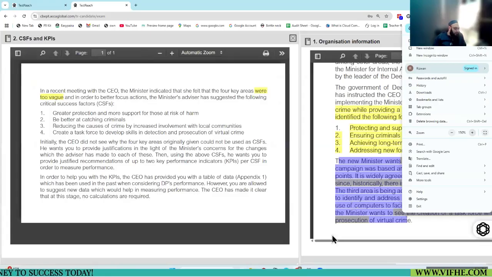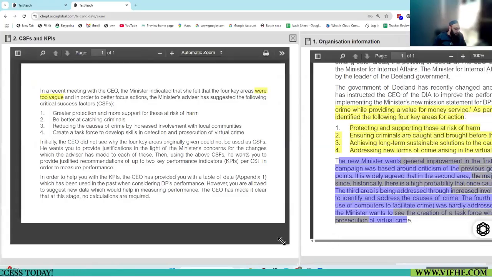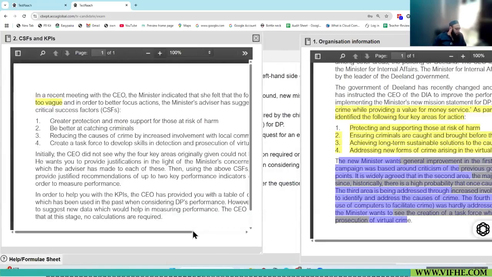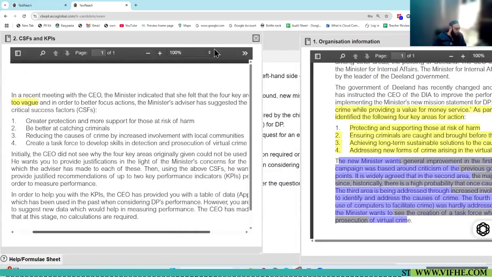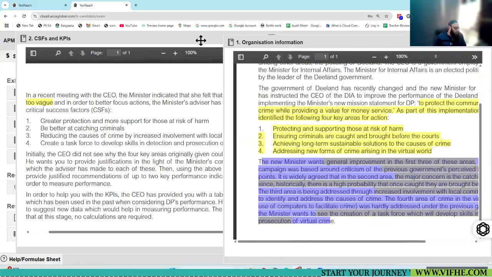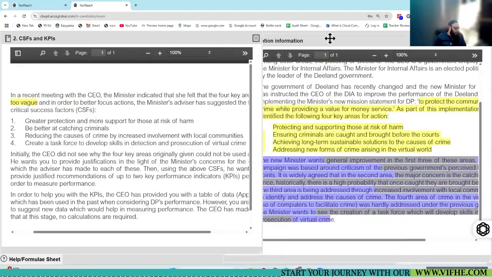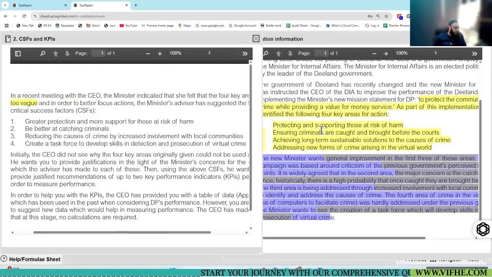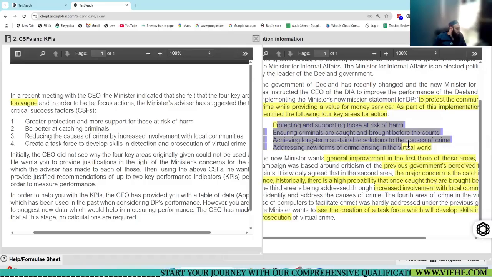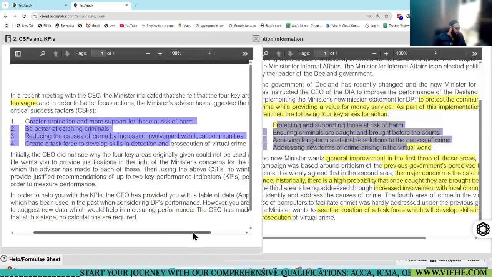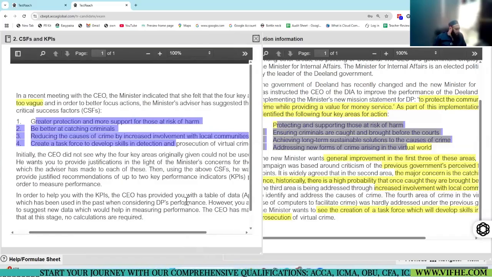If you see here, the one that the CEO identified initially, these 4 points, in connection to the points identified by the advisor, these are the previous 4, these are the new ones. Okay? Okay, done.